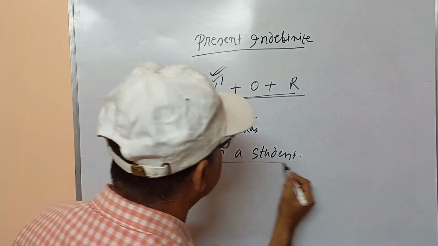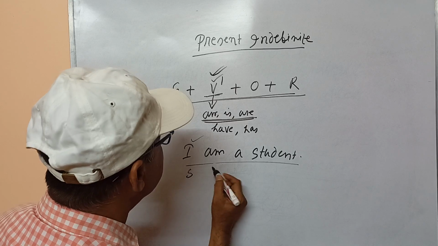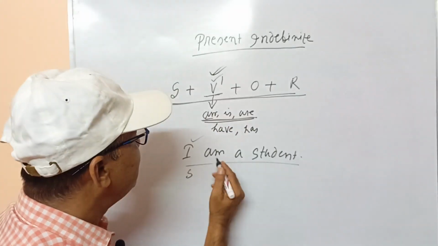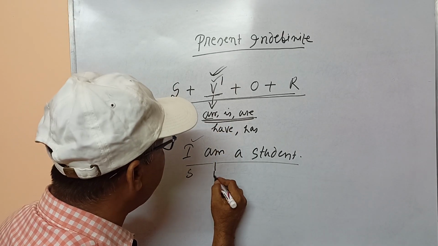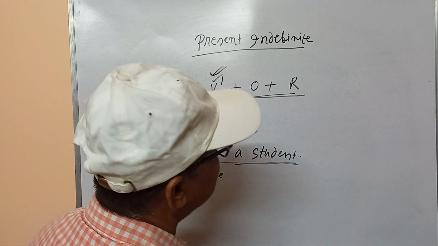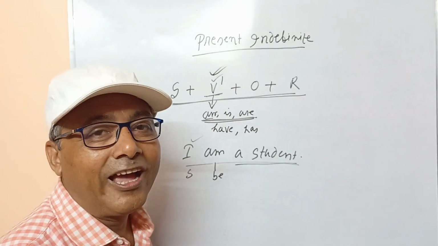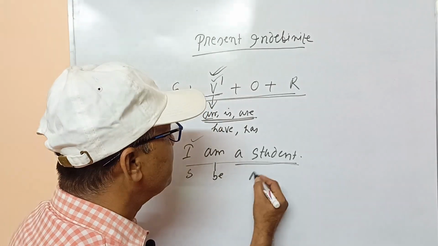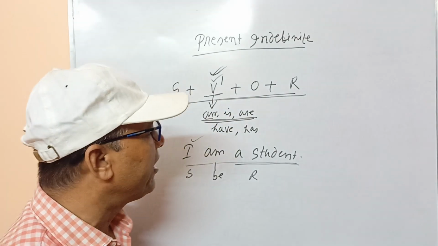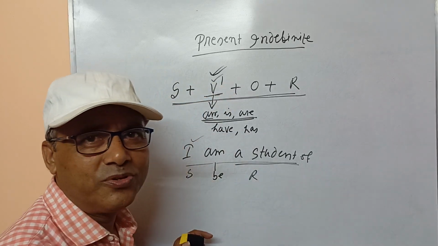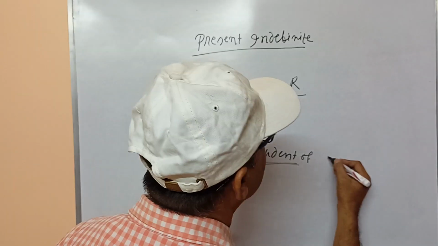So I am a student. Say, the subject I have used. Then, according to the subject, I have used am. So am, the be verb, I have used. And then the other remaining parts I have used. So in this way, I can create a lot of sentences, right? And then if you want to increase, you can say, I'm a student of